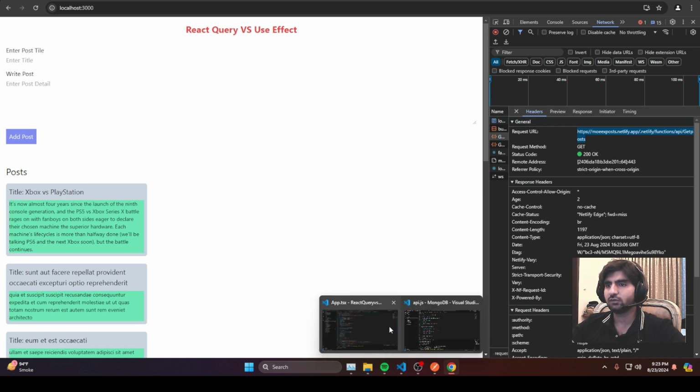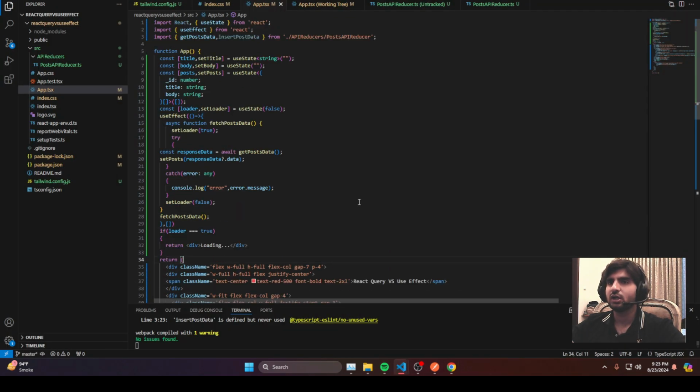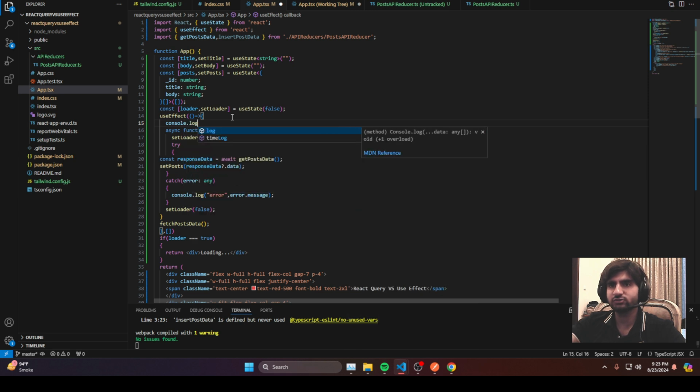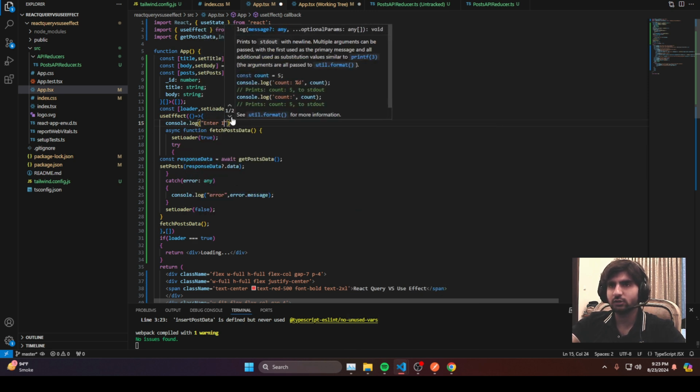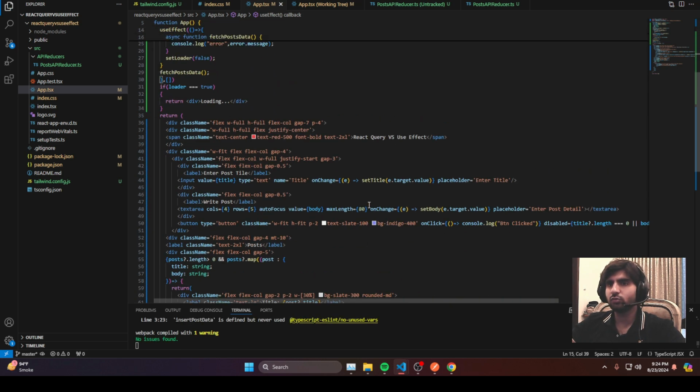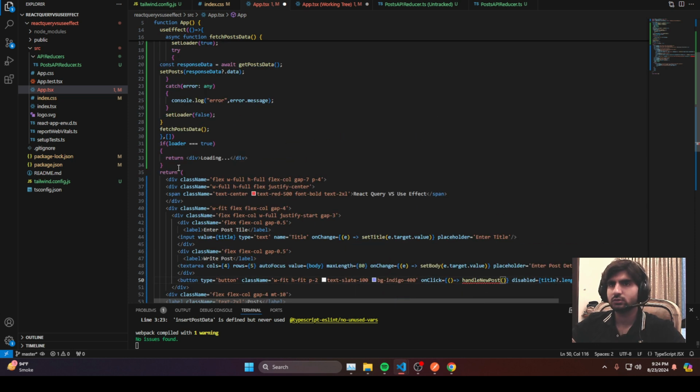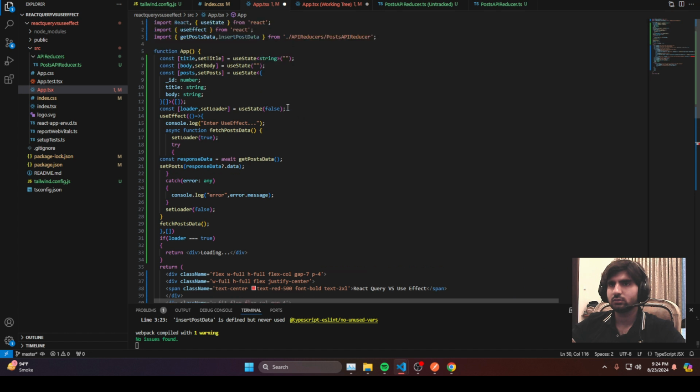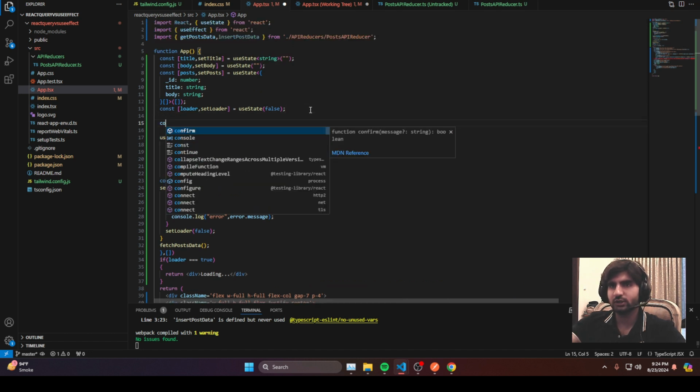To do that, we don't have to actually use a function and call the API again. We just need to re-trigger this useEffect. So first of all, I'm going to write a statement here, enter useEffect. Okay, so what I'm going to do is, for this button I'm going to create an onClick functionality to add the post. Okay, so let me create that function,